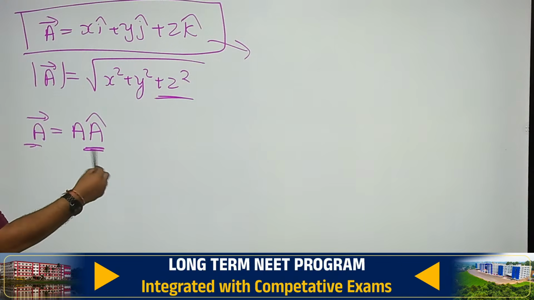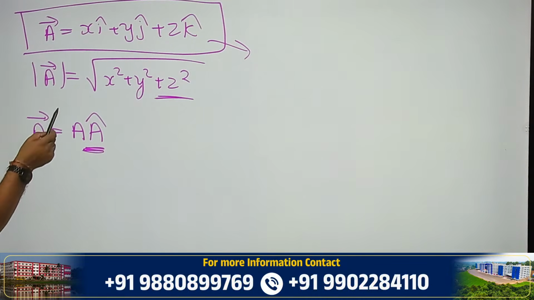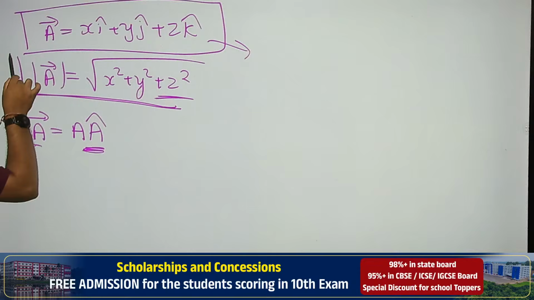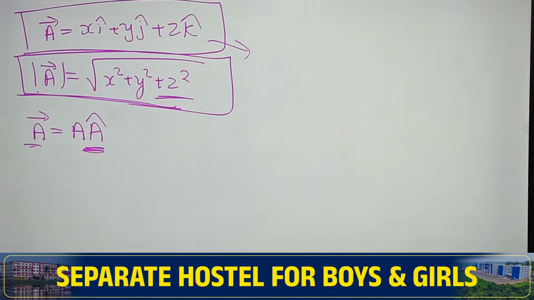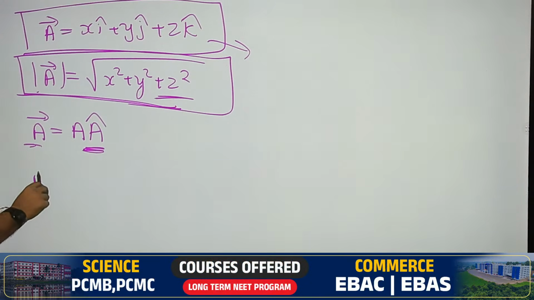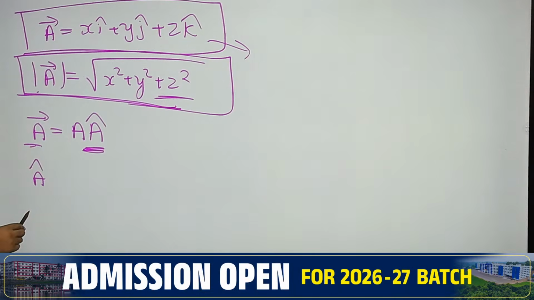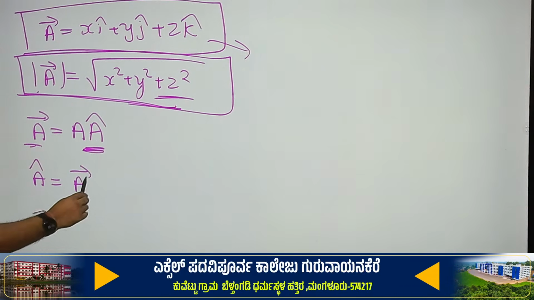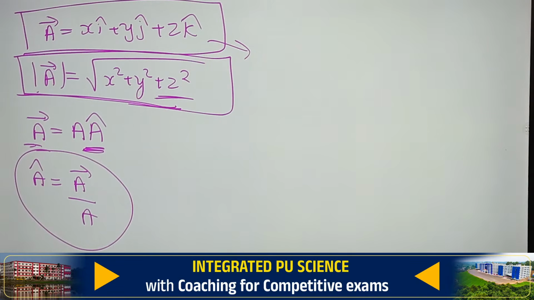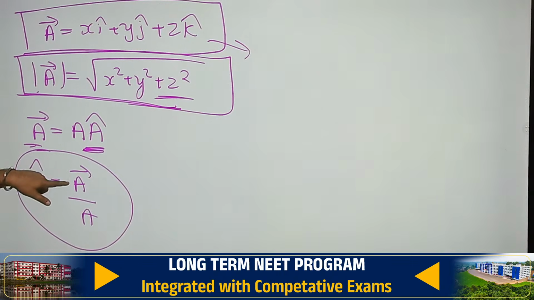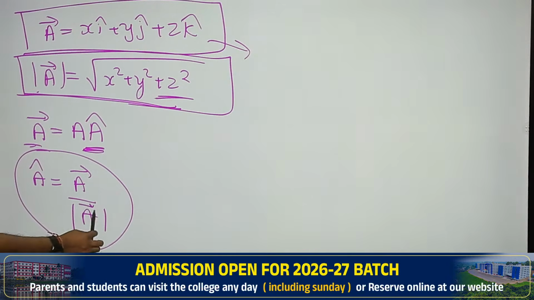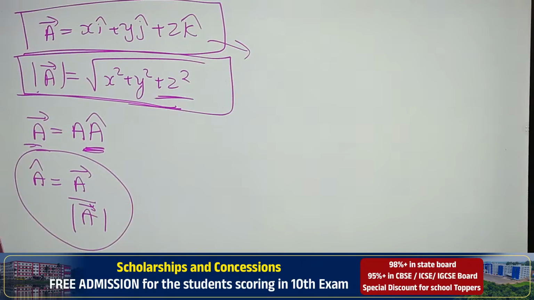So, if anyone asks what is the direction of this vector, this is the length of the vector, right? Magnitude of a vector, it is nothing but length. It is calculated by root of x square plus y square plus z square. If anyone asks what is the direction, then you have to use A cap is equal to A vector divided by A. If anyone asks find the direction of a vector, you have to divide the vector by magnitude. For example,